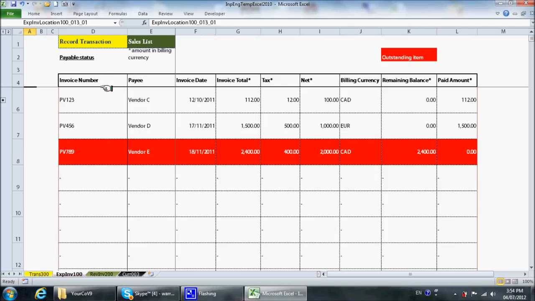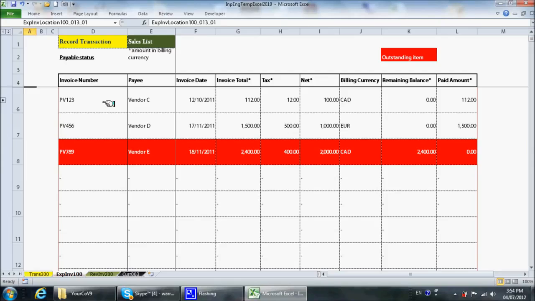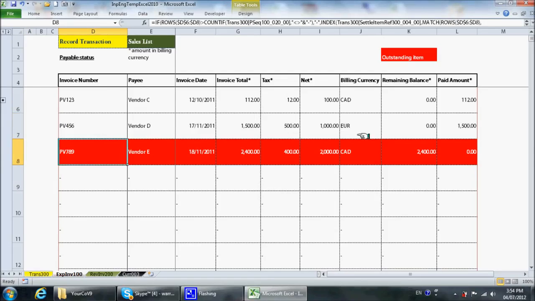There are 3 payment invoices: PV123 with vendor C, PV456 with vendor D, PV789 with vendor E, and it records everything